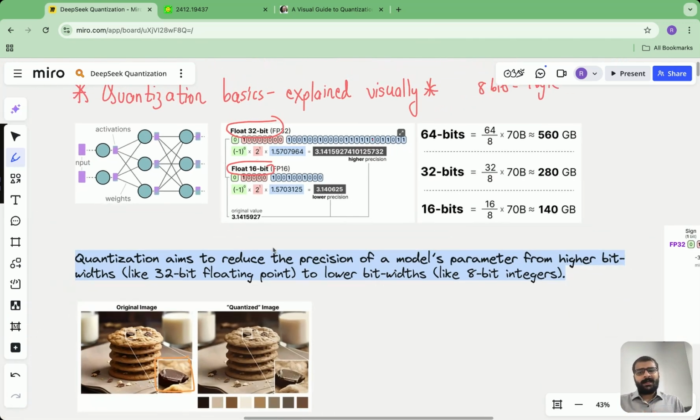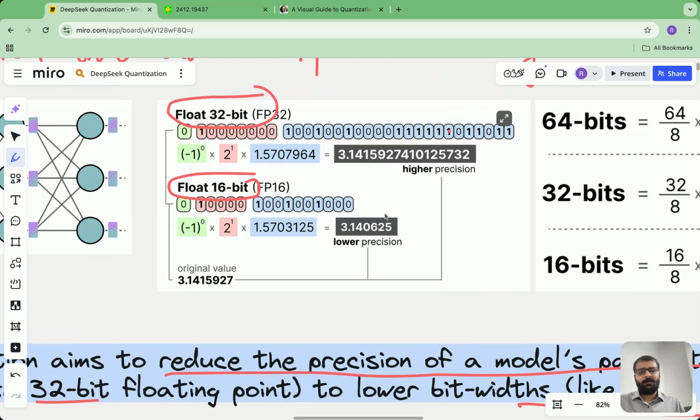So the main aim of quantization is to reduce the precision of a model's parameter from higher bit, let's say from 32-bit, to a lower bit, let's say 8-bit or 16-bit. Through this, the main advantage which we get is that we reduce the total memory requirements, but at the same time, we don't pay that heavy a price with respect to the accuracy of the model. Of course, the accuracy slightly reduces because now every parameter will be represented in a low precision, but that much reduction in accuracy of the large language model is typically fine for us because it does not degrade the performance